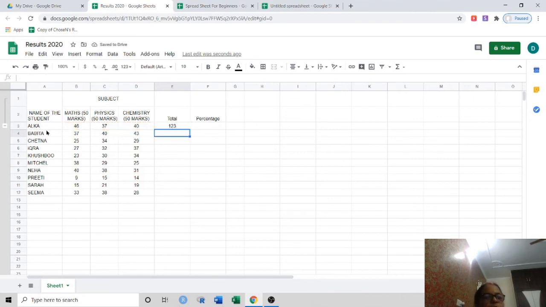Here comes the total of this row. Now you do not have to add manually or even put the formula for all the other columns. All you have to do is select this, go to this dot and double click over this dot. And the total of the entire data is in front of you.